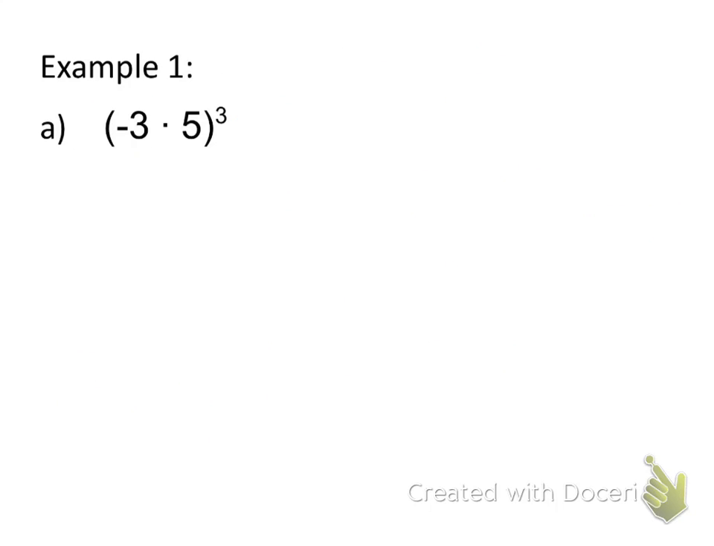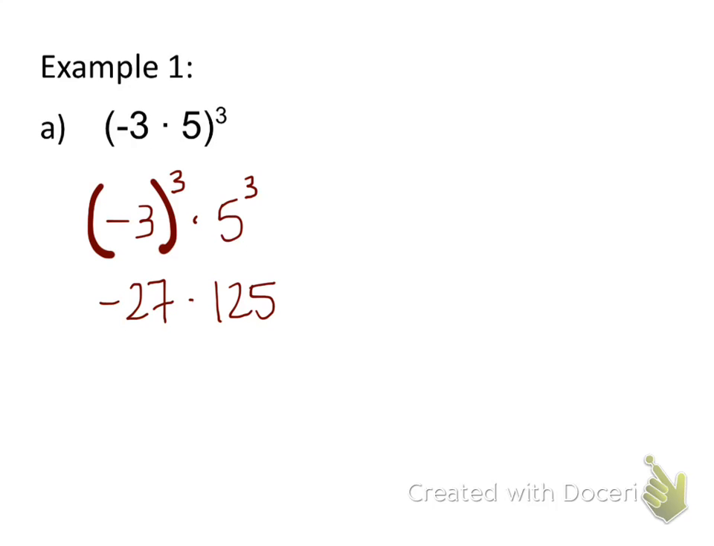So now let's get to some problems. Most of the time, these properties of exponents problems have more than one way that you can attack them. So to begin with, I could take -3, making sure that I keep that -3 in parentheses, to the third power, and 5 to the third. -3 to the third is -27. 5 to the third is 125. Multiply those together, and I get